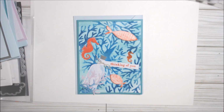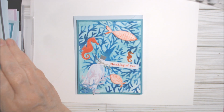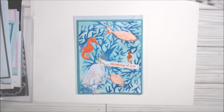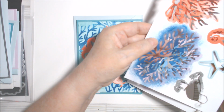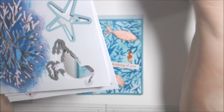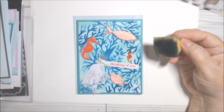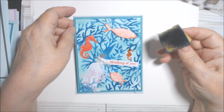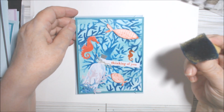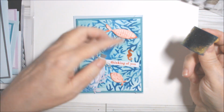Okay, now the next one I'm really kind of tickled about. This one is where I used this part as a stencil right here, this one. And I took a sponge on Basic White cardstock. I actually cut it to 4 by 5 1/4, and I used Pacific Point,